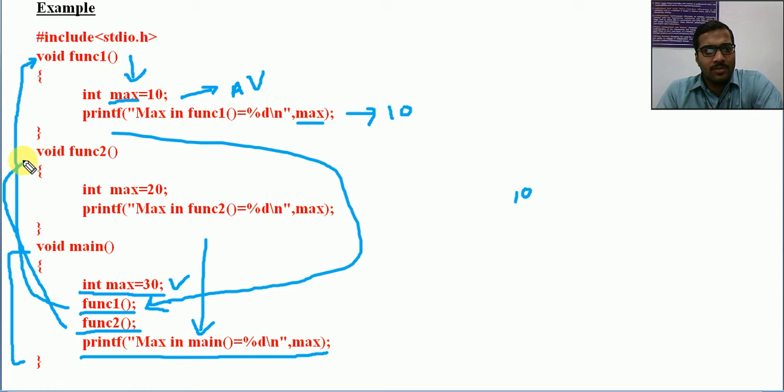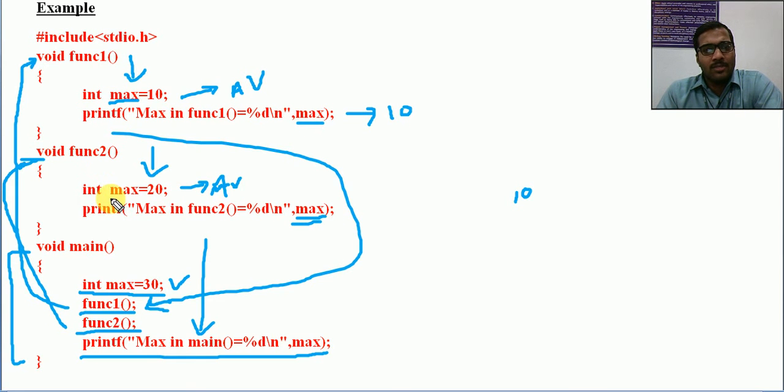Now what will happen to function 2? This is function 2. A call to a separate function. Now again it will enter into that function. Here again a local variable or automatic variable is being declared, which is having the initial value 20. Okay. Now I am printing max in function 2, that is 20.